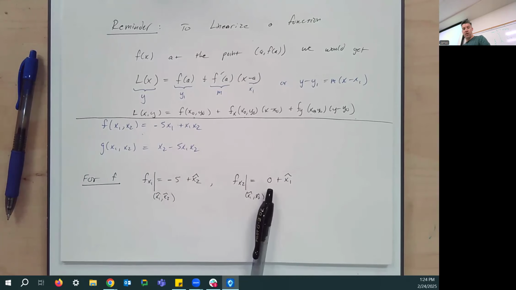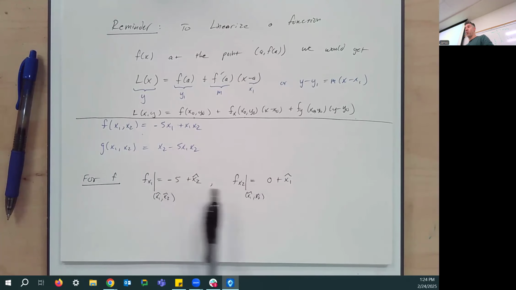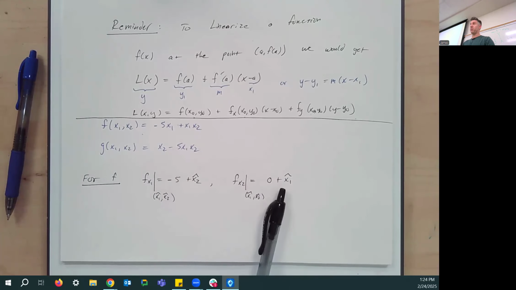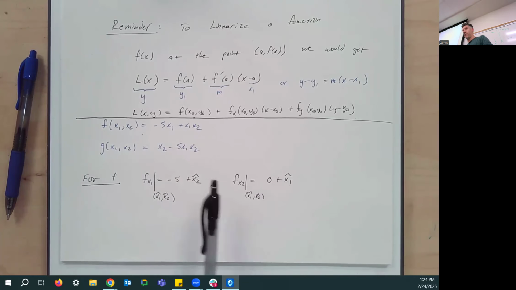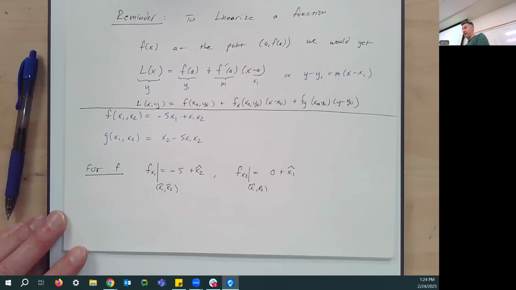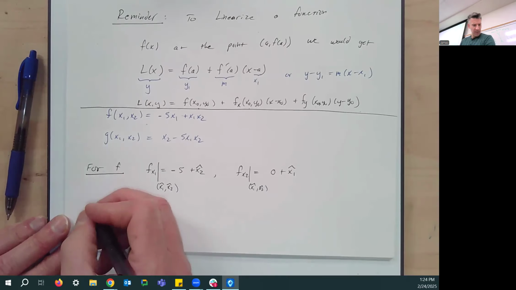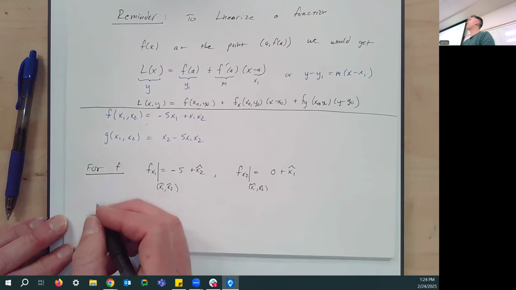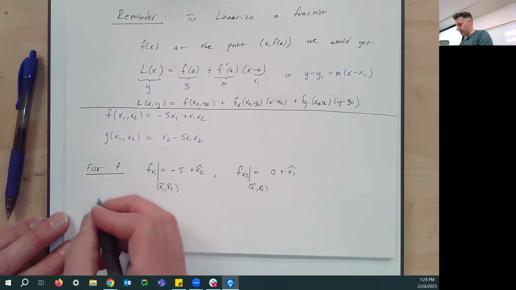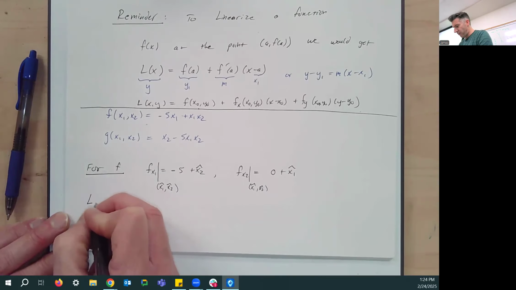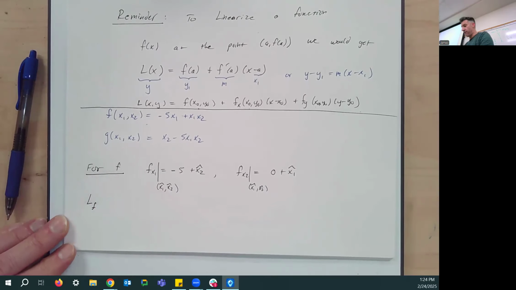And if we plugged in 1/5, 5, we would get 0 in the x1 direction and 1/5 in the x2 direction. We're plugging in 1/5 for x1 and 5 for x2. Okay, so here's what the linearization is going to look like for f. I'll write L sub f, my linearization for the function f